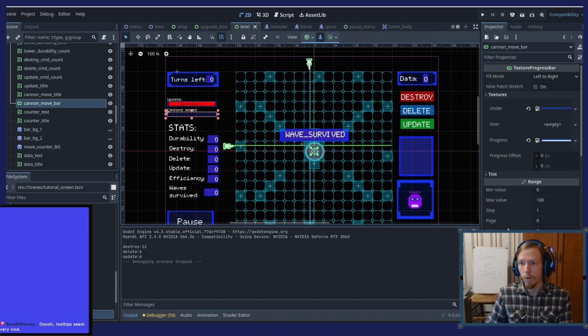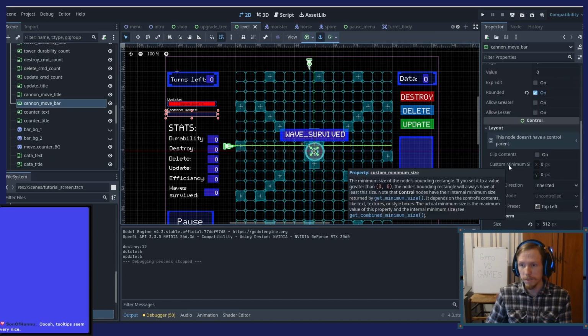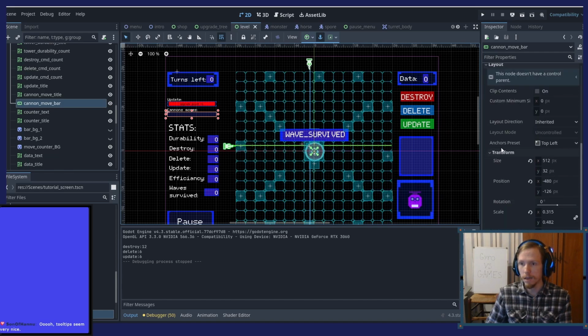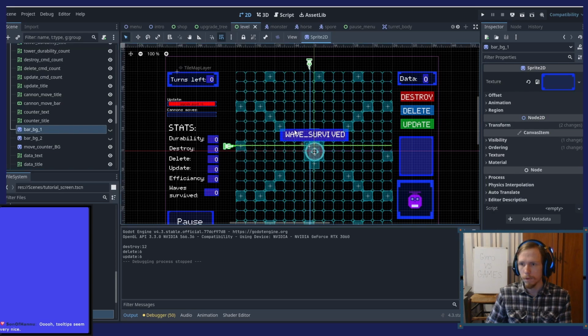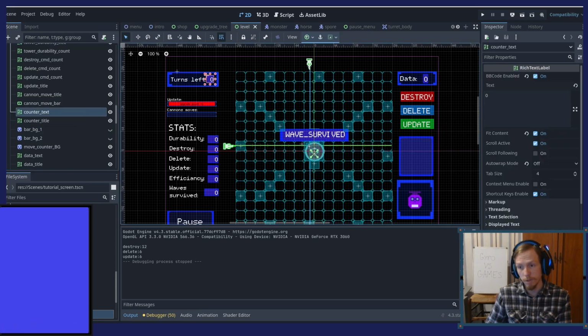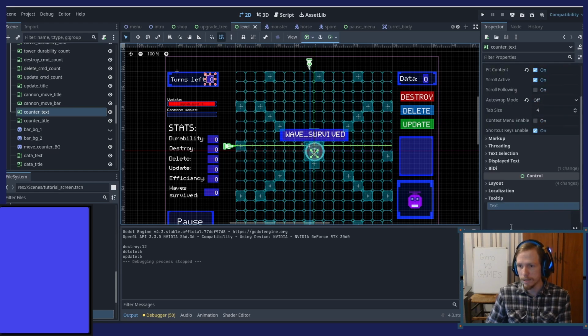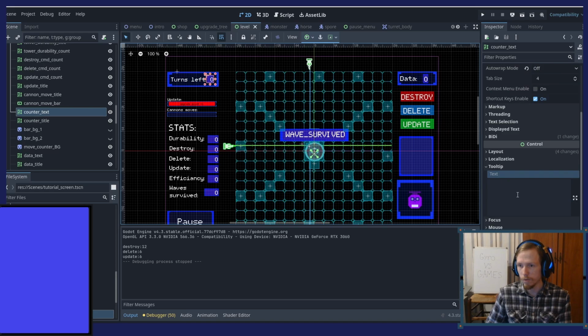These are almost basic tooltips, but basically in the control part, if it's a control related node, I think it should have a tooltip. I'm curious. Okay, yeah, so sprites don't have tooltips. And you just type whatever text you need over here.